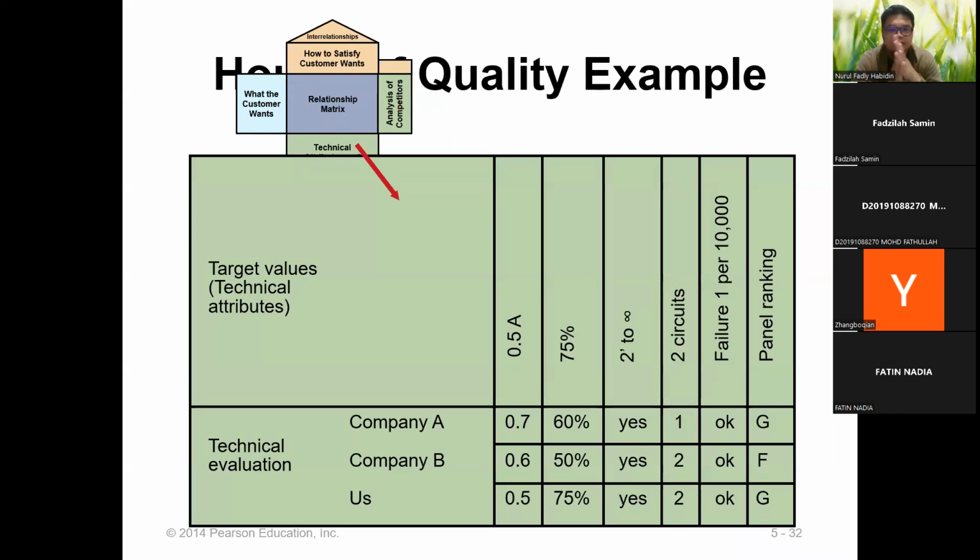So this is another target value, technical attributes, technical evaluation, company A, company B. Never mind the following weeks. When we start the calculation activities, if this topic covers your final exam, we will try to make an exercise. I will try to give a specific example, so we learn how to calculate the rating and weightage from the quality function